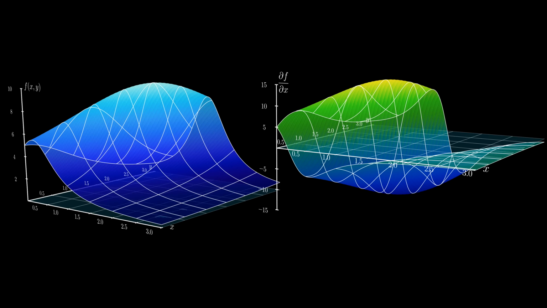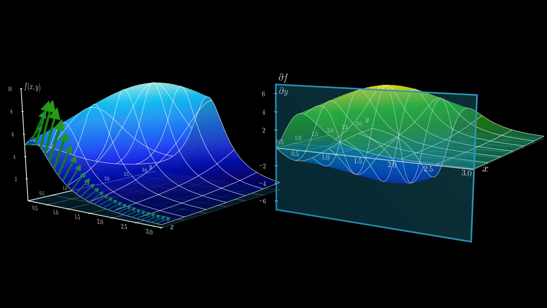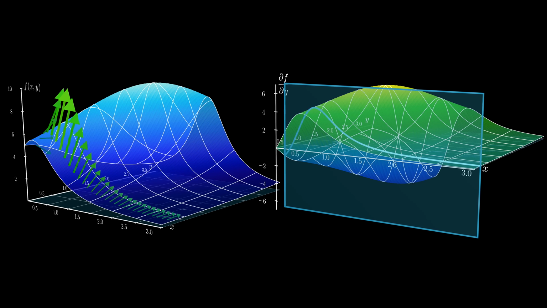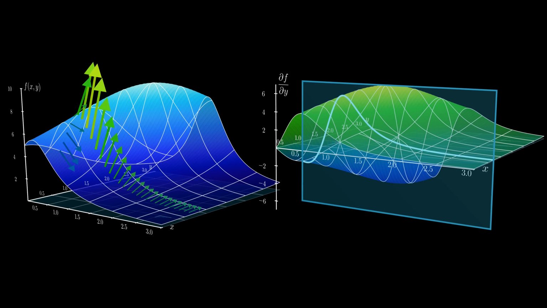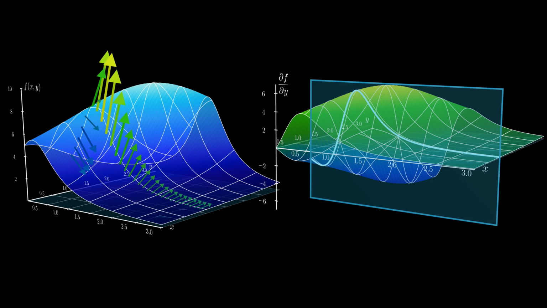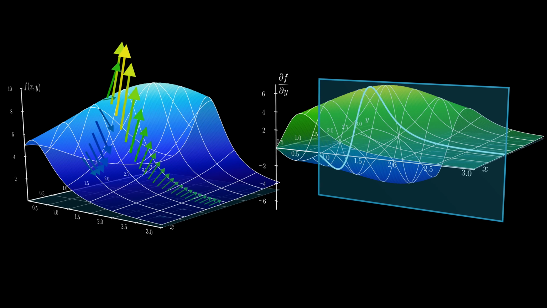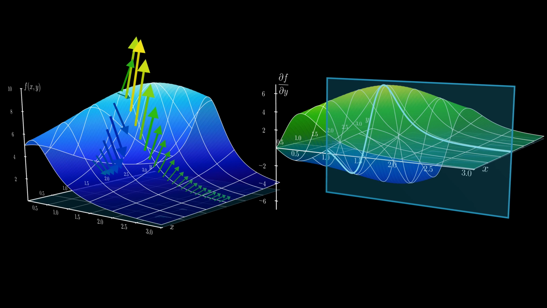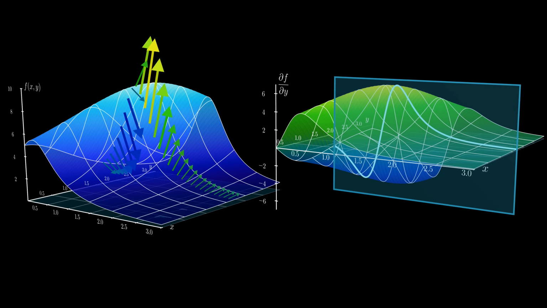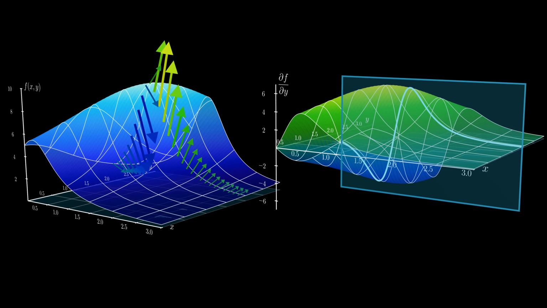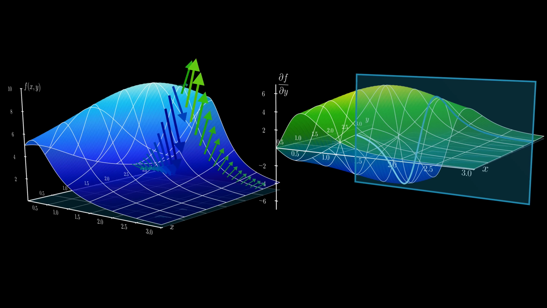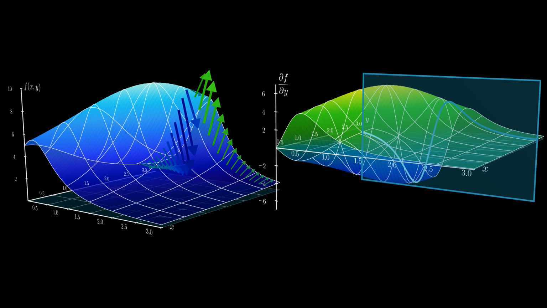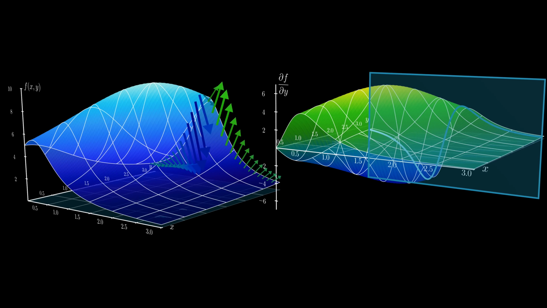Now taking a look at the partial derivative of f with respect to y, we see the same thing if we move parallel to the y-axis in the positive direction. Initially, the slope is positive along the entire curve, but then starts to dip at the part nearest the y-axis, with parts of it getting more and more negative. And this is reflected on the plot of the partial derivative. So we can see that this is indeed the slope of the function as we move parallel to the y-axis